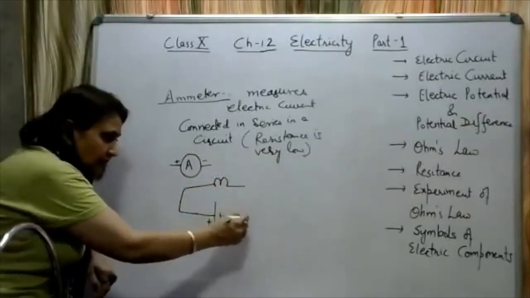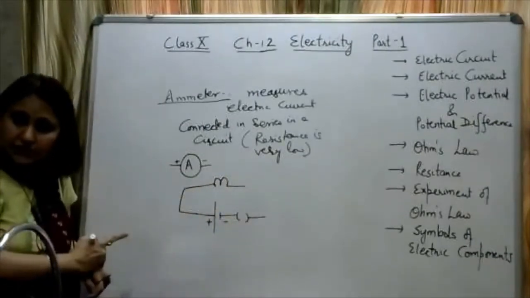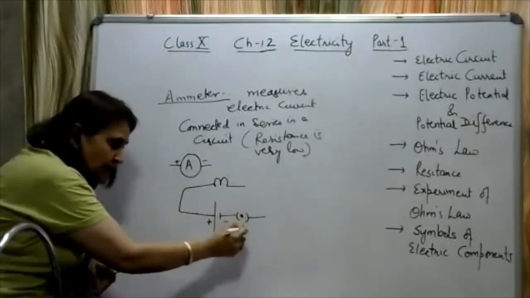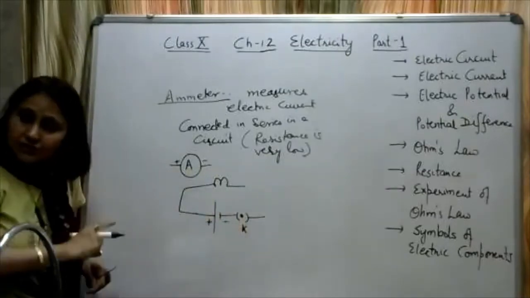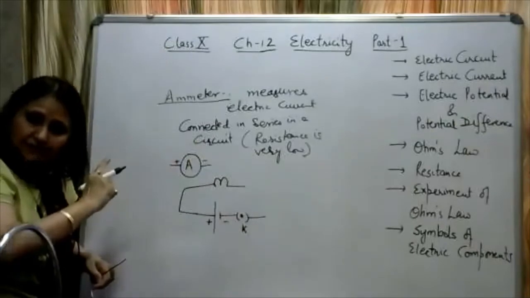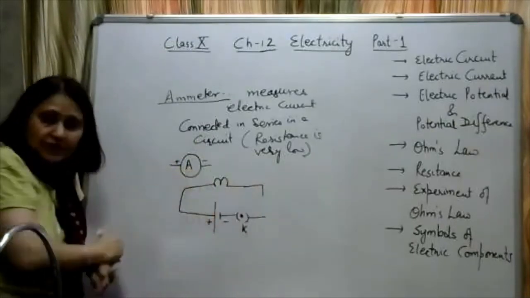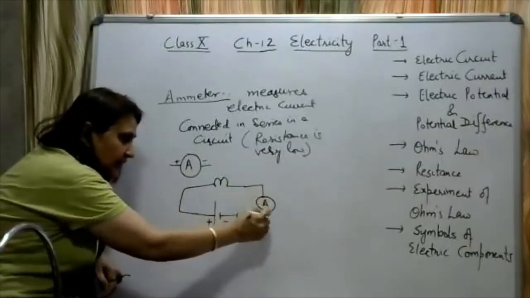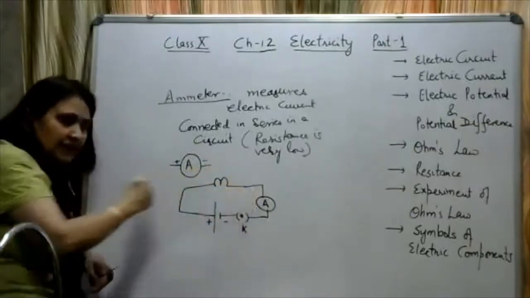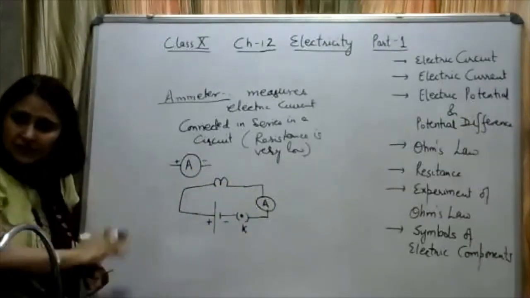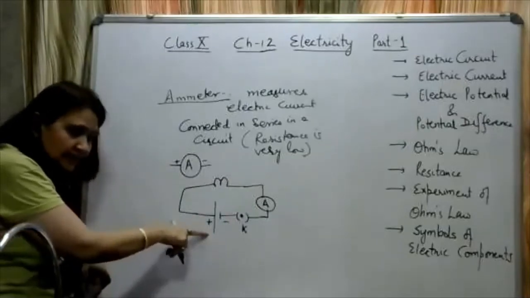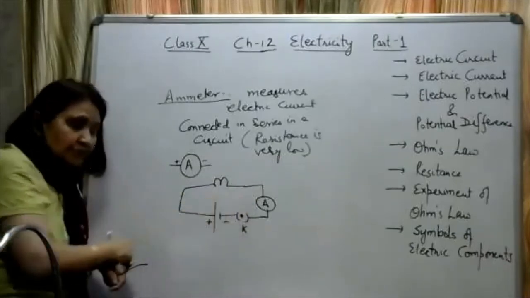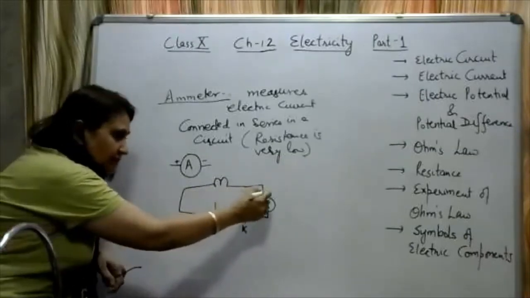Okay, and also we have to always connect a switch or a key, which is the link between the cell and the bulb. If we put a dot in between, it means the key is closed, the switch is closed, and the electric current is continuously flowing. Also, to measure the electric current through this bulb, we connect one ammeter. The ammeter is connected in series, that is, one after the other. So this is a schematic circuit diagram which consists of an electric cell, a key, a bulb, and an ammeter.